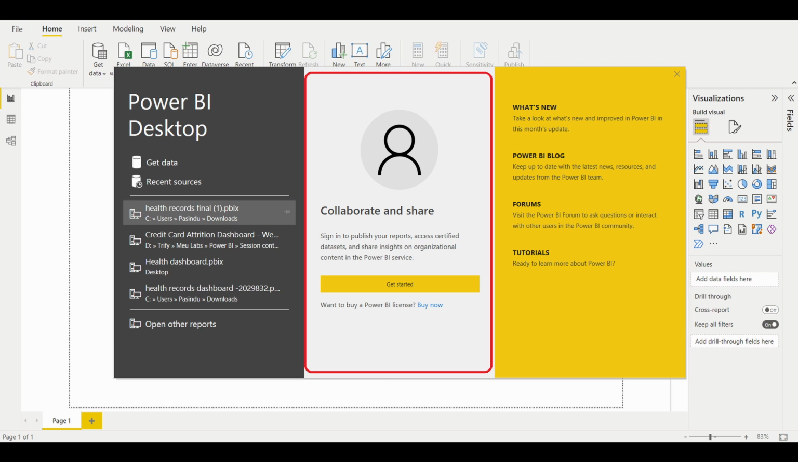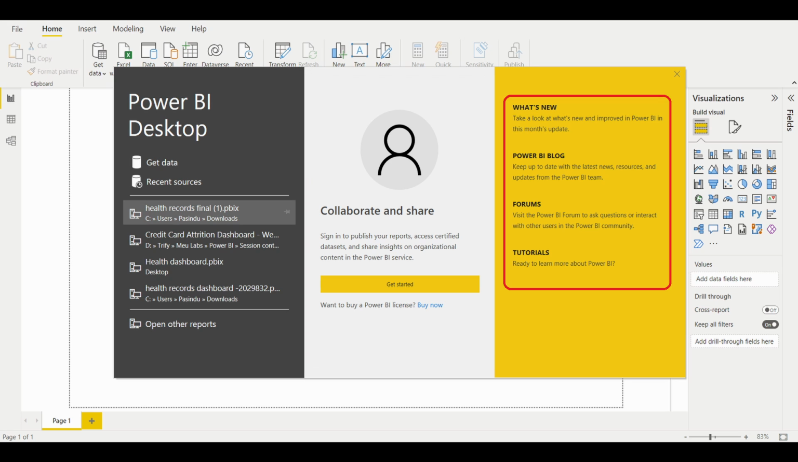In the middle section, you have the option to sign into your Microsoft account. If you don't have a Microsoft account, don't worry. You won't need it to work on the Power BI desktop. On the right-hand side, you have a few useful links. We can see new features released by Power BI, read Power BI blogs, access forums, and access Power BI tutorials